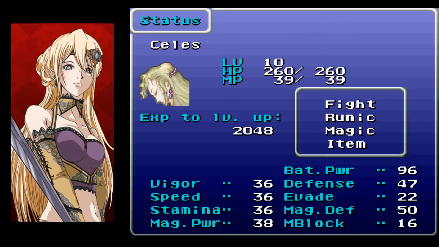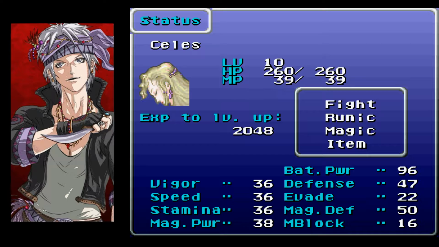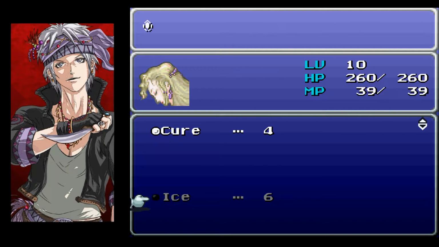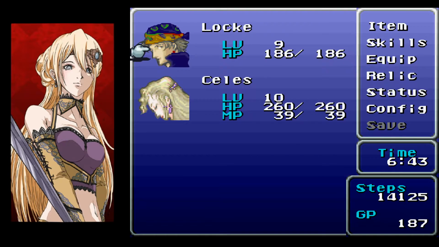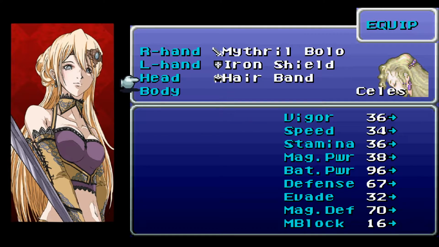So anyway, we've got Celeste. She is one of my favorite characters. Possibly my favorite character in the game, actually. In Brave New World, she's still mostly magic-focused. Kind of like Terra, but instead of fire, she has ice. And she'll learn some other spells as she goes along. Healing and ice instead of healing and fire. But she also has some pretty powerful physical capabilities. She can usually equip some of the best swords. And for now, shields and stuff will do, but...